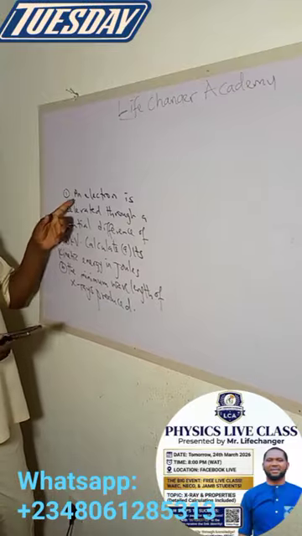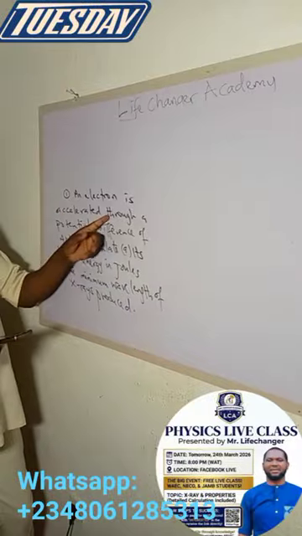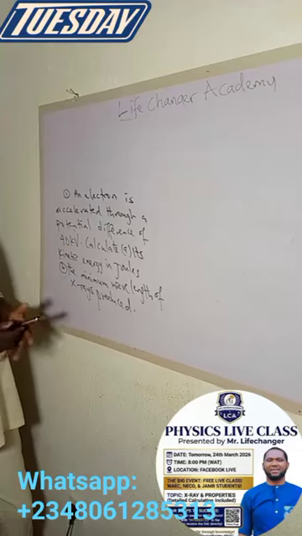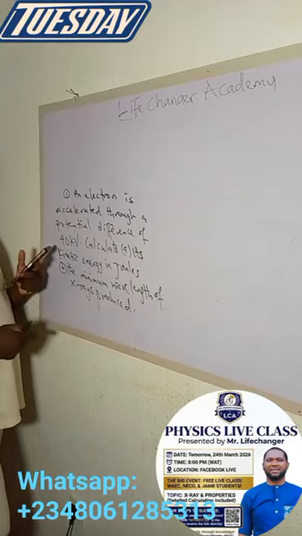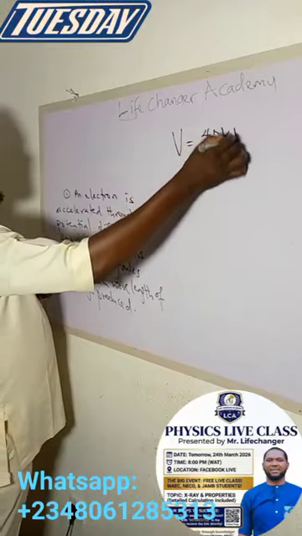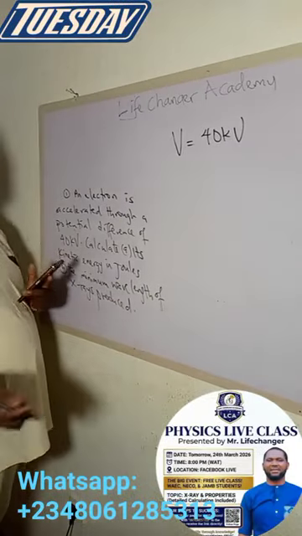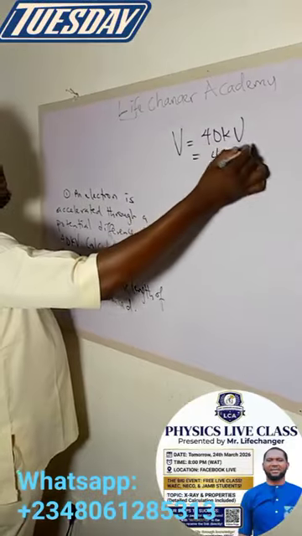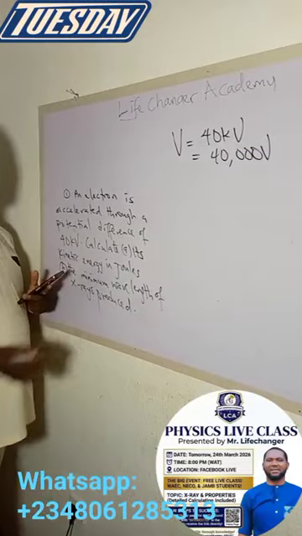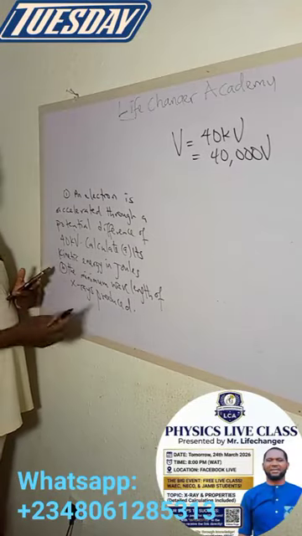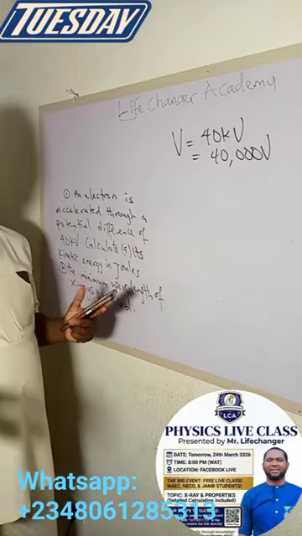Now listen. It says an electron is accelerated through a potential difference of 40 kilovolts. That's the potential difference, which we used to call stopping potential. In physics, you should know that kilo means 1,000, so I can call this 40,000 volts. It says calculate A, its kinetic energy in joules. Why should this be difficult to calculate? I already showed us that.